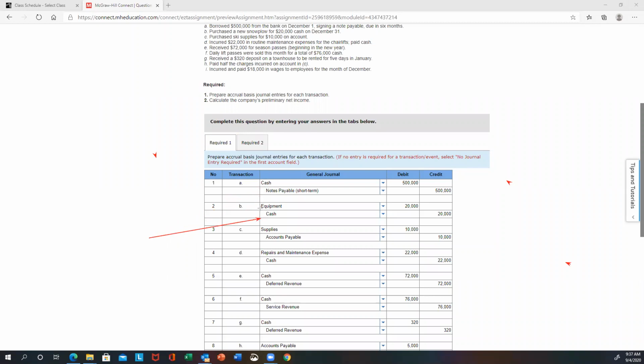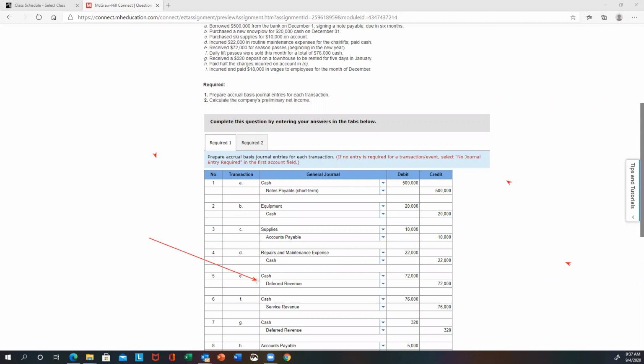You bought some equipment for cash, debit equipment, credit cash. You bought supplies on account, debit supplies, credit accounts payable. D is just from repair and maintenance. You debit your expense, credit cash. On letter E, this was prepayment, so you receive money in advance, so it's a deferred revenue item, debit cash,